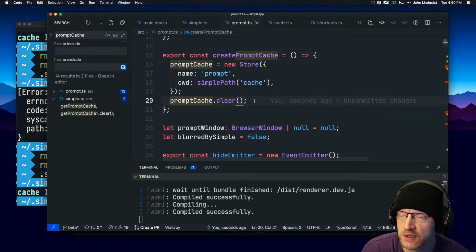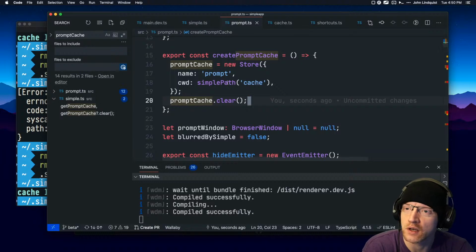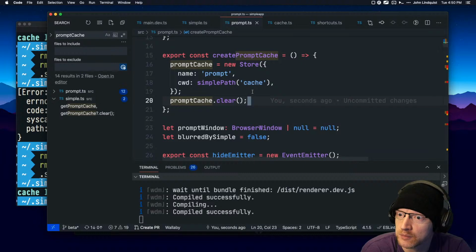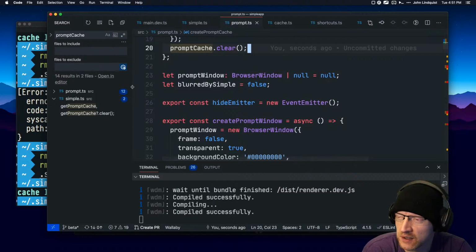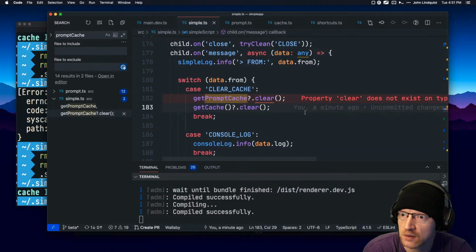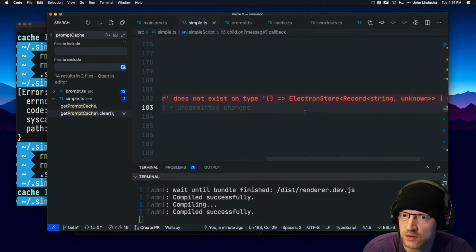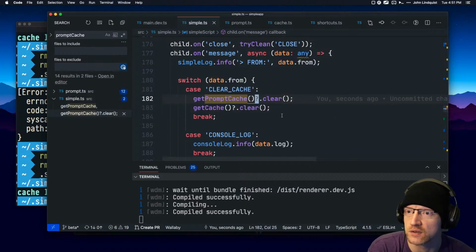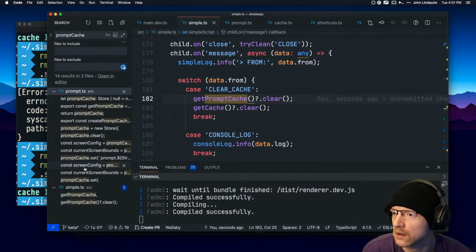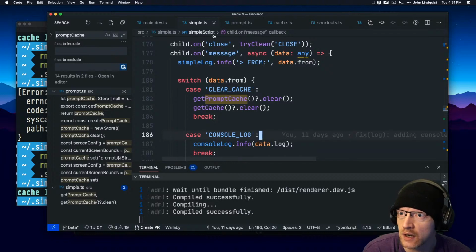This just means the app is starting up. Like I don't want to, when you restart the app, I want all the caches to clear. For now, at least. The cache helps a little bit, but it's not too much. But why isn't clear does not exist on Electron store? Oh, it's because I'm not invoking the function, that's why. Alrighty, so now